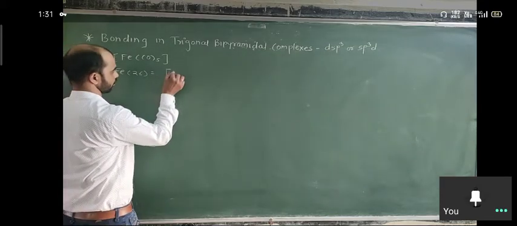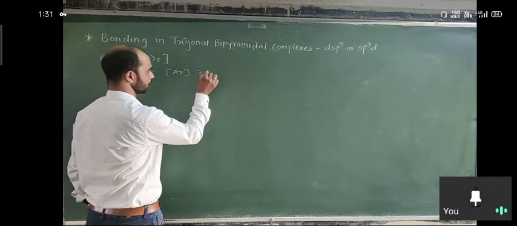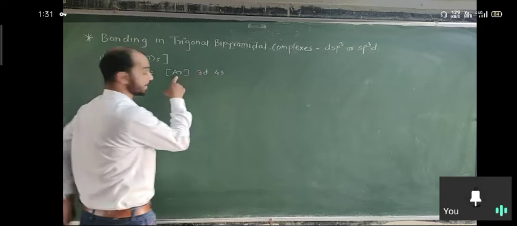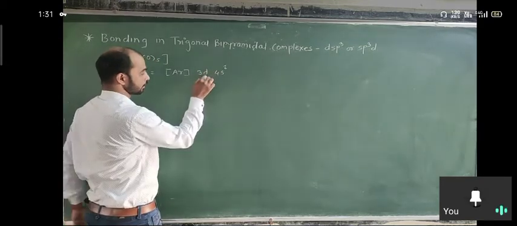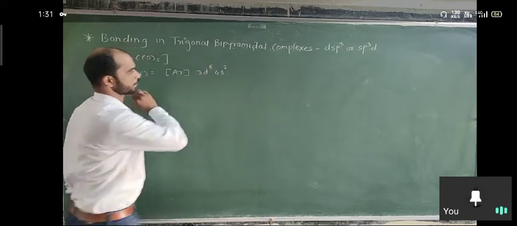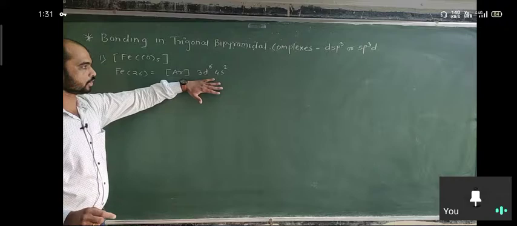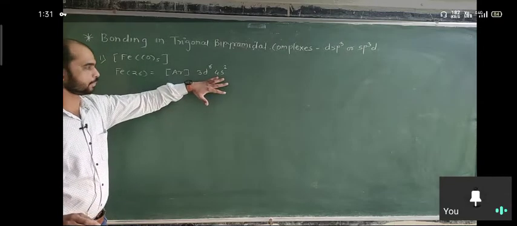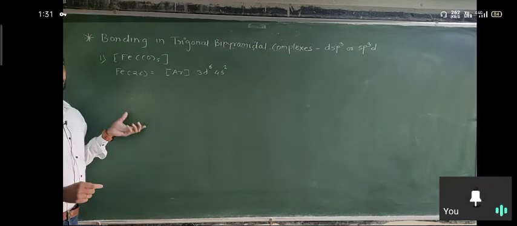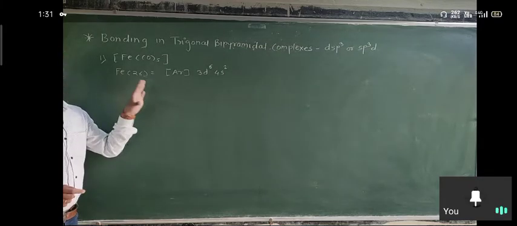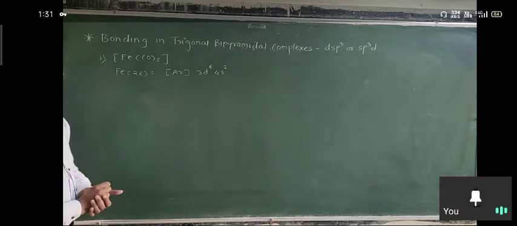So Ar is the noble gas core, then 3d and 4s. These 18 electrons are the argon core, 2 electrons are in 4s, and the remaining 6 electrons occupy the 3d orbitals. So this is the outer electronic configuration of Fe. You can write it in detail. Since there is no oxidation state, we simply write the electronic configuration of the single free atom.